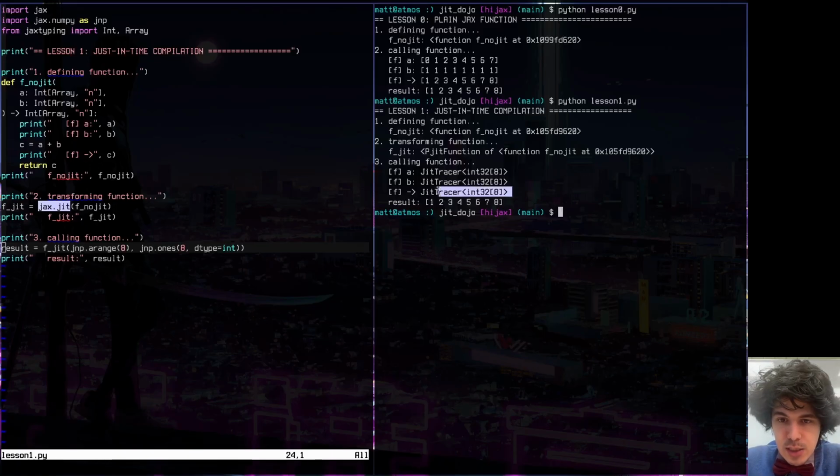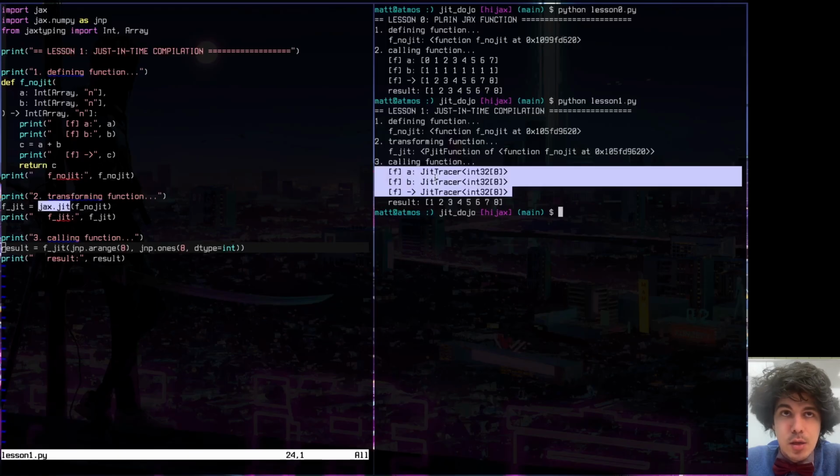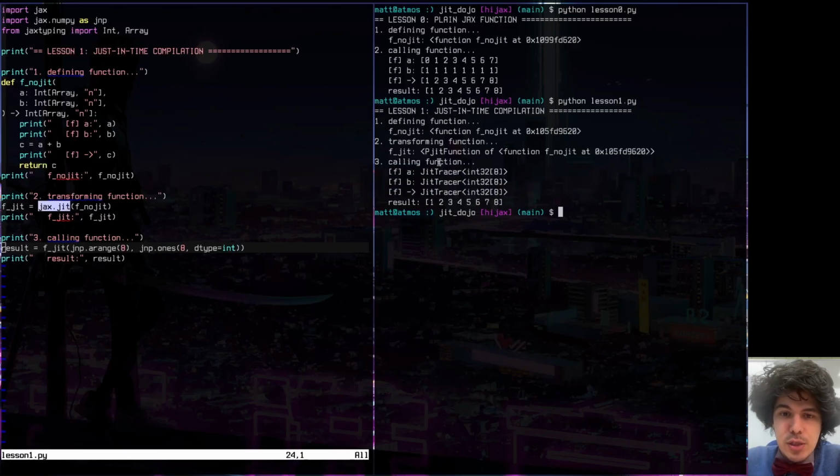We've seen an insight into the tracing stage. But by the time we see this result, a lot more has happened. We've done compiling and then we've done execution. And importantly, the last thing that I want to take away from this before we move on to the next lesson is that we did not see the print statements happen at any stage during the